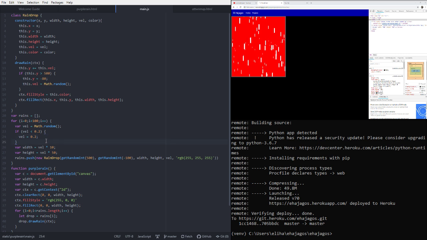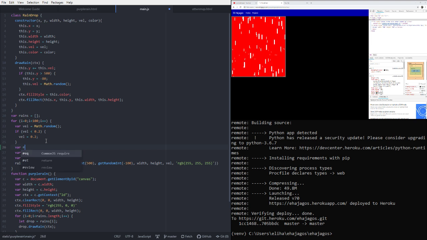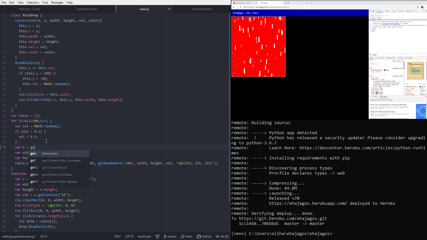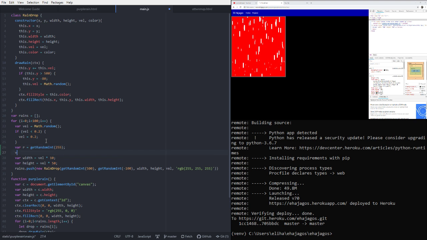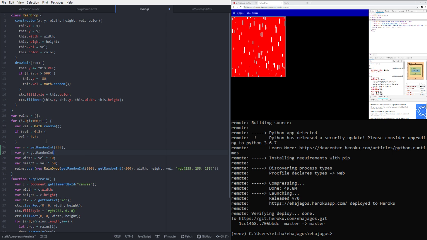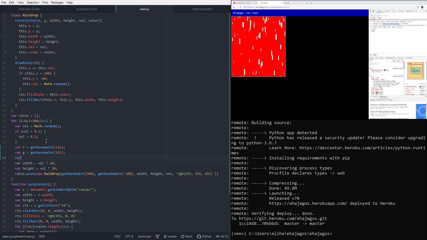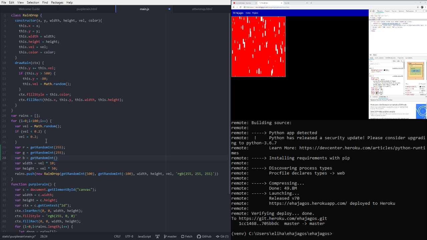So what I'm going to do is make variable r equal to getRandomInteger of 255, and that should work for what we're trying to do. And then variable g is equal to getRandomInteger, you get the thing, so 245, and then variable b, blue, RGB, is going to get random integer of